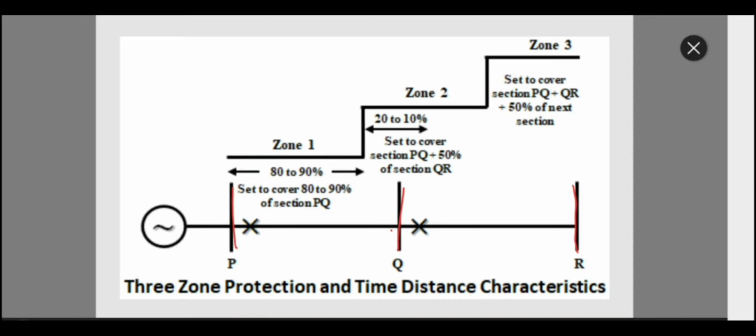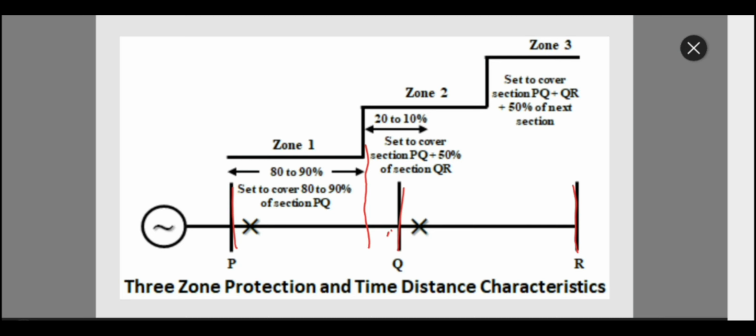to protect the system. In zone 1 we consider about 80% of the total transmission line impedance. Why do we consider 80% and not 100%? Because due to the change in temperature and climate, the span or the sag of the lines changes. Due to this, the impedance might change in the transmission lines, and if a fault happens, maybe in zone 1, the relay may sense the fault in zone 2. So this will lead to mal-operation of the relay.